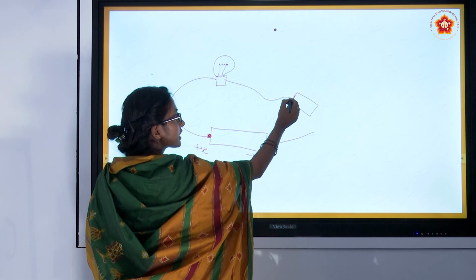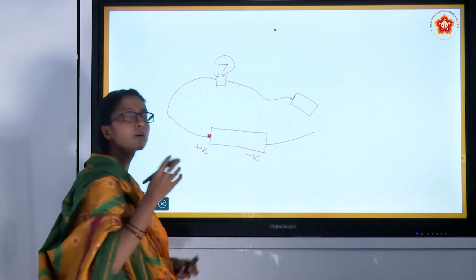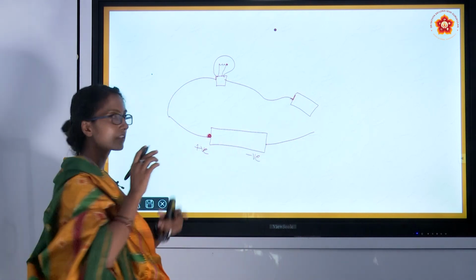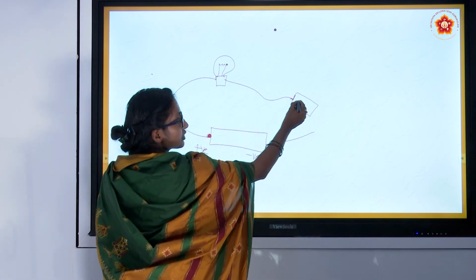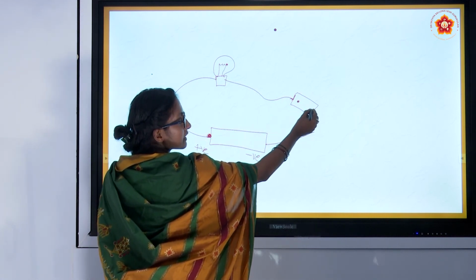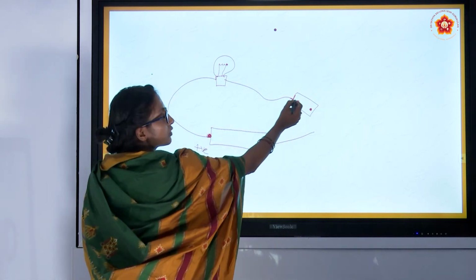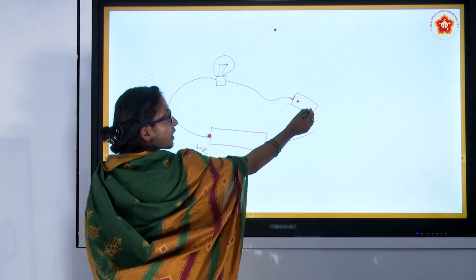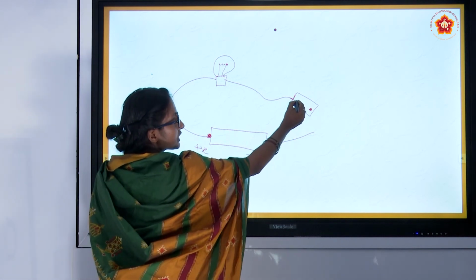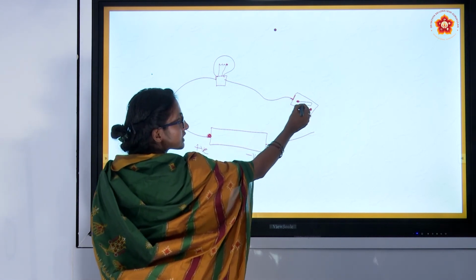Make a switch using a thermocol piece or a wooden piece. Attach two nails using a hammer. To this nail attach a safety pin.